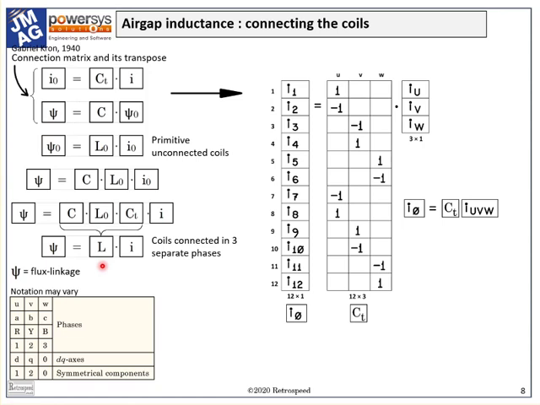We'll see the result in a moment, but first let me apologize for the mixed notation. Earlier we were using ABC for the 3 phases in Park's transform, but here we're using UVW. So I apologize for that. There are in fact many different conventions, and I have made a table of typical ones here. It's rather lazy of me to change notation in the middle of a presentation, but on the other hand, when we're reading papers on this kind of subject, we do have to cope with different conventions all the time. So I would try to defend myself on that basis, but I do apologize for any confusion.